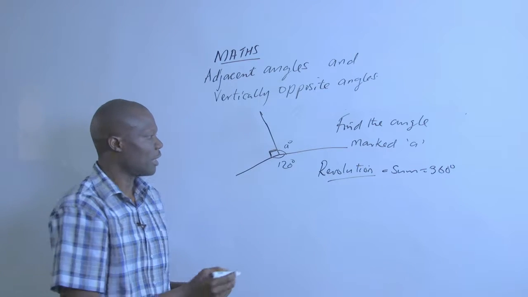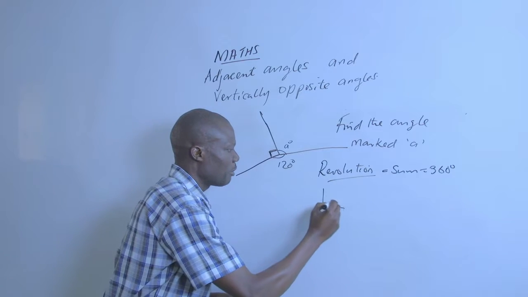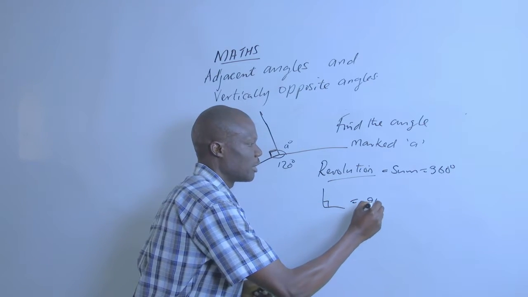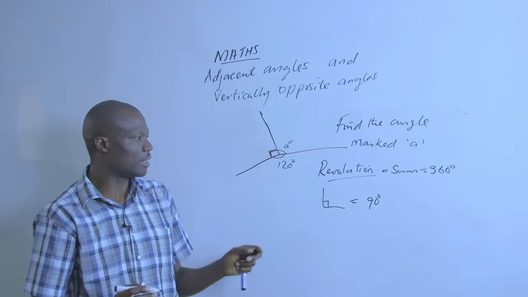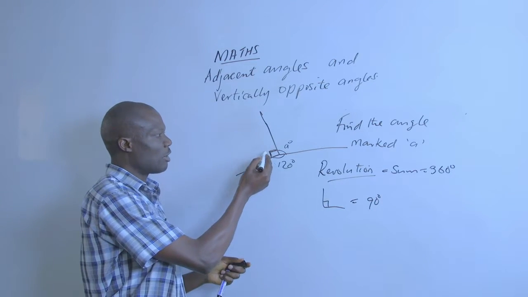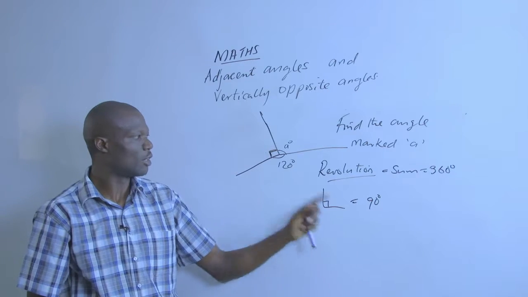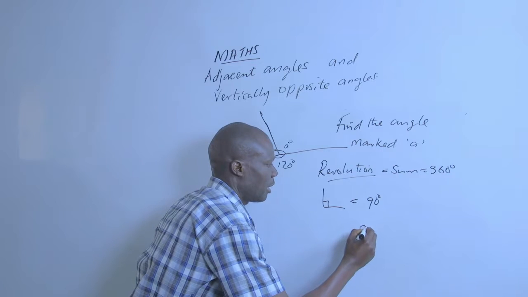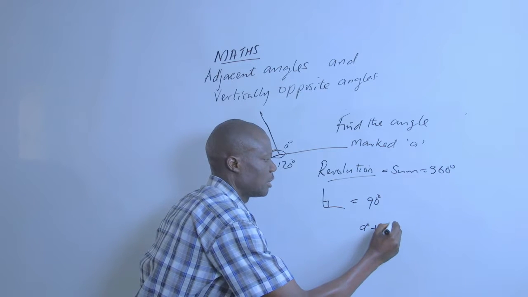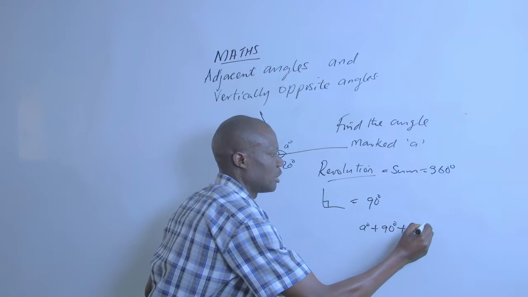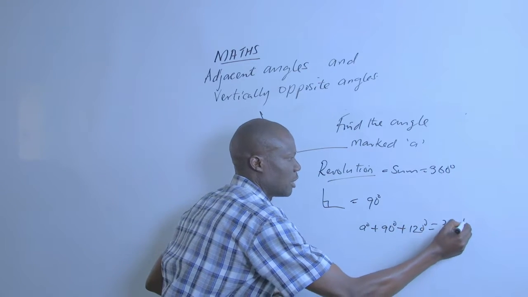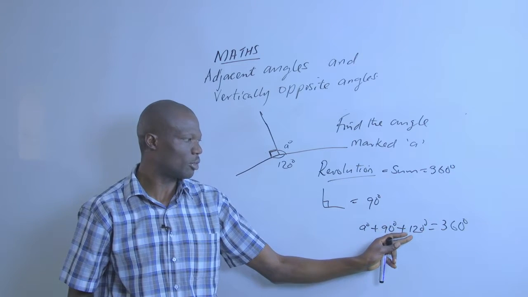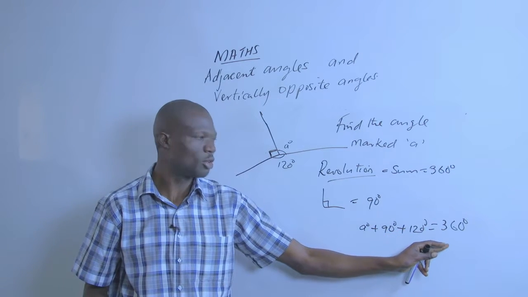Also, we should be able to identify this sign here. What does it imply? When we have a sign like this, it simply means that this is equivalent to 90 degrees. Therefore, the size of this angle here is 90 degrees. For a revolution, we shall say that A plus 90 plus 120 is equal to 360. A plus 90 degrees plus 120 degrees is equal to